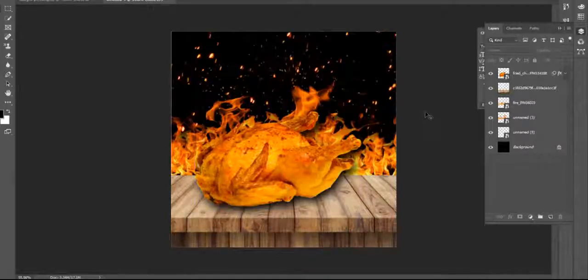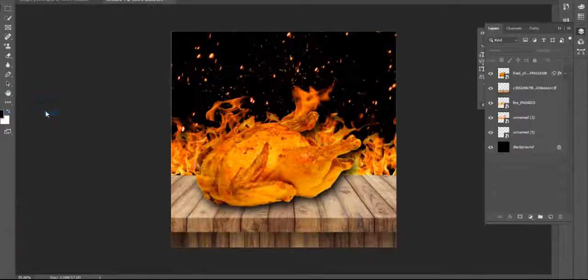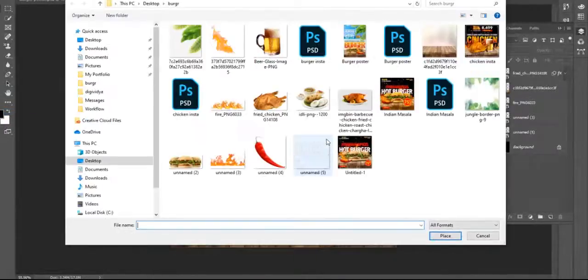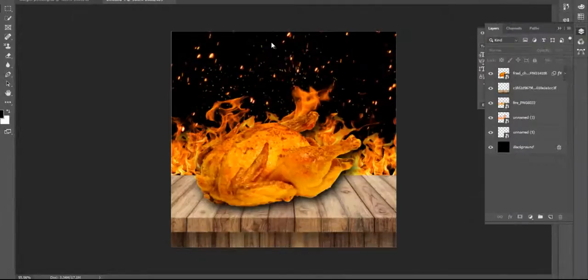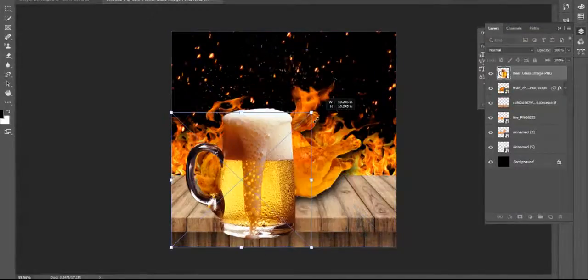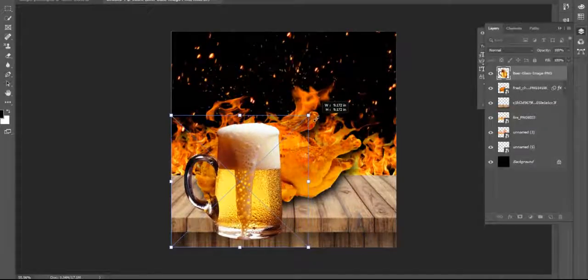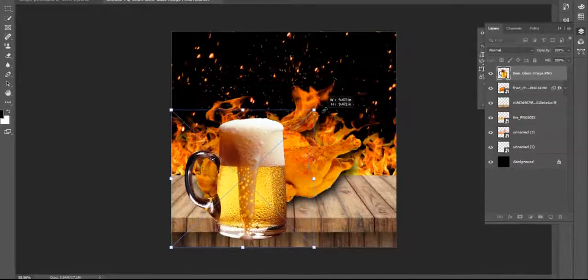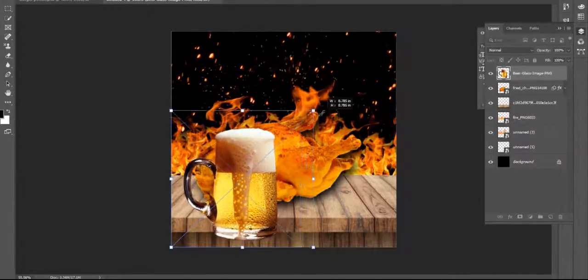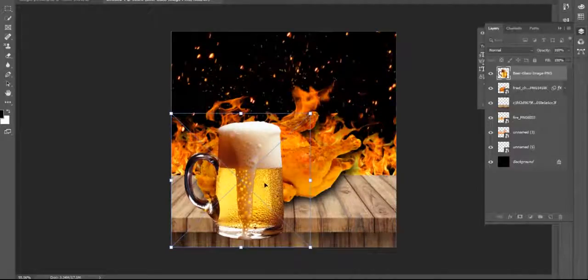Okay, that's cool. The next thing is I go to the File menu and place an embed. I want to embed some images. Just resize using transform. I don't use anything, I just drag from the corner. I don't press Shift or any key on my keyboard, because this is 2019.